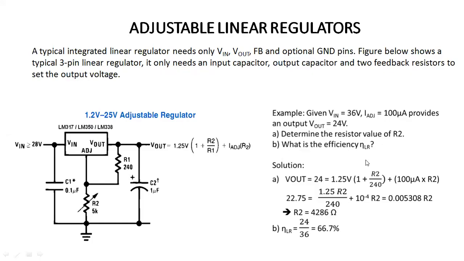Good afternoon. In today's session, we have to study about the adjustable linear voltage regulator. In the previous session, we studied the linear voltage regulator. We can call that type of regulator a DC to DC converter because it gives us a DC voltage at the output, but it will be a fixed amount. There will be no change, irrespective of changes in the input voltage or the load. We will get a constant output voltage.